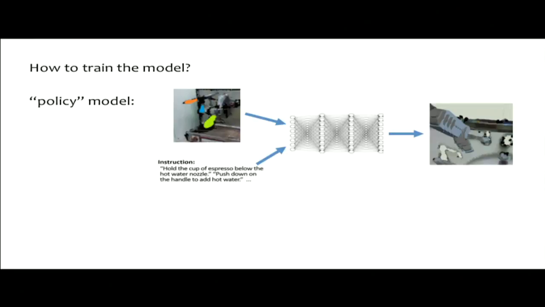But one of the issues with this is that if you're trying to output an entire trajectory, there are actually multiple outputs that will succeed at the task. So for example, if you wanted to put a cup underneath a nozzle, you could first go down and then put it underneath, or you could take a different path to get there. There are many different outputs that will get there, and if you're training a deterministic network to output a trajectory, it's going to have a lot of challenge with dealing with the fact that many different outputs are possible.